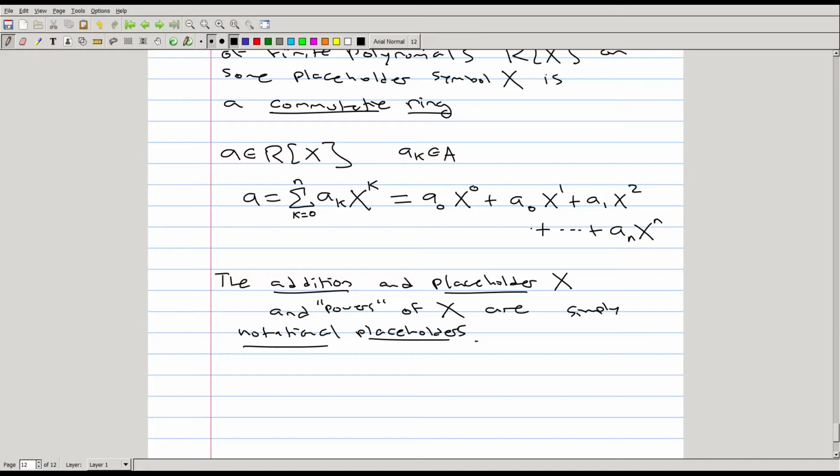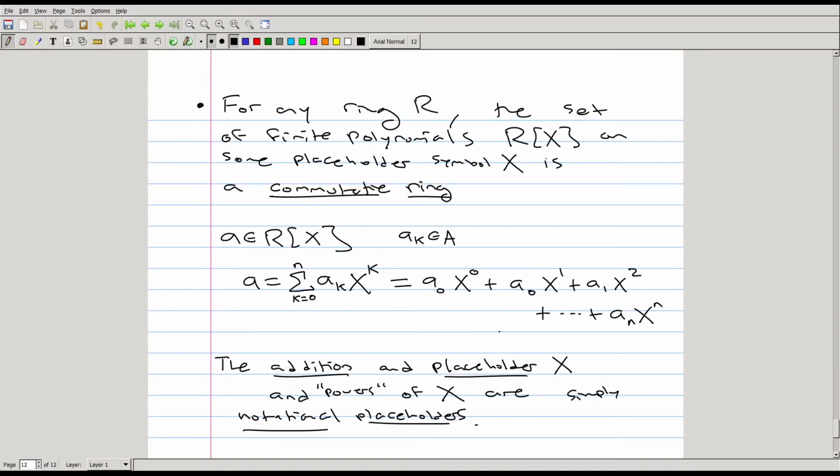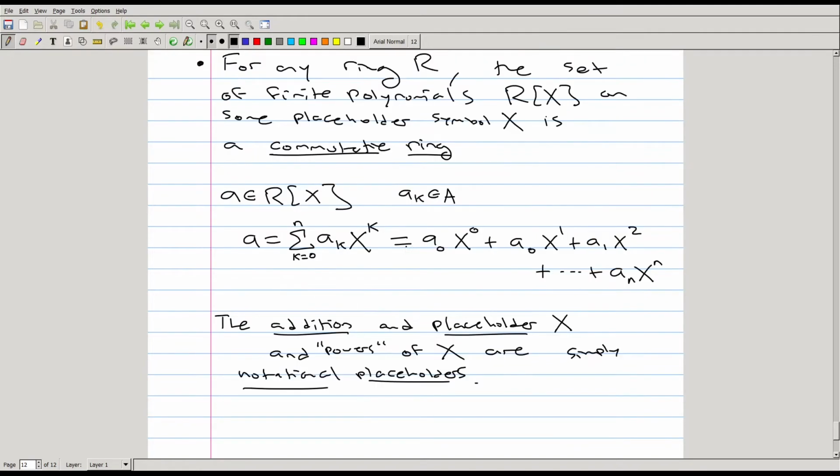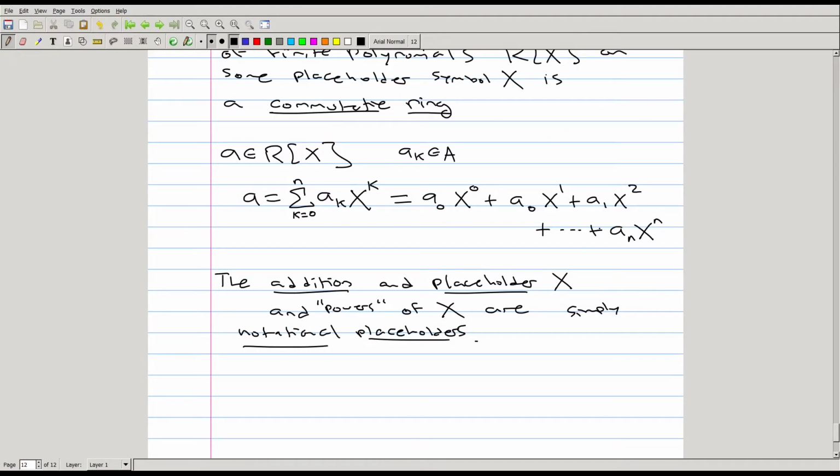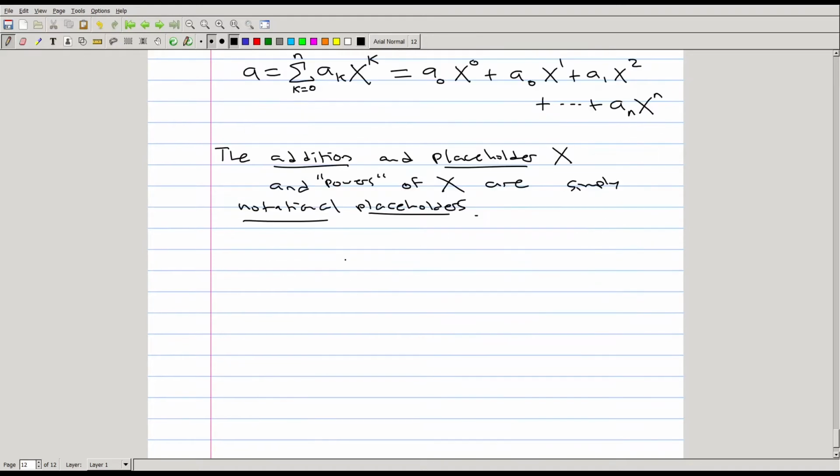Certainly if our coefficients are coming from, say, the real numbers or the complex numbers, then we can talk about these things as functions. We can show some very interesting things relating it to functions with coefficients in, say, the real numbers. But for a general ring, this is just a notational convenience, to be understood like that. And what we say then is that for two polynomials, a and b,